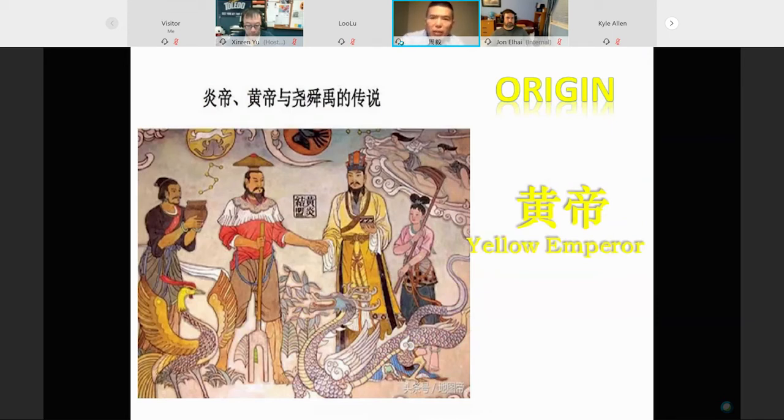the dragon, with the help of the yellow dragon, you can see from the picture there are dragons, and there's another bird-like creature. We don't call it a bird. We are going to talk about it soon. So the dragon helps the Yellow Emperor defeat his enemy and unify the tribes. That's how Chinese people began to live in this big country.